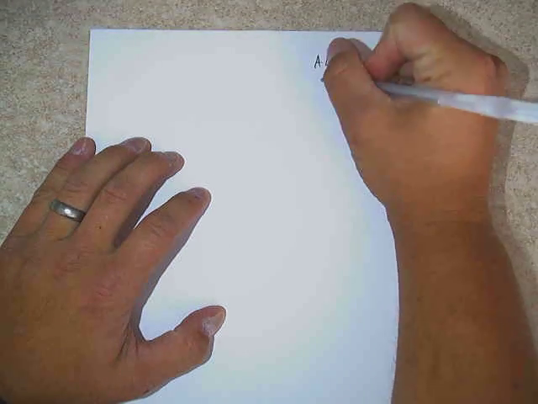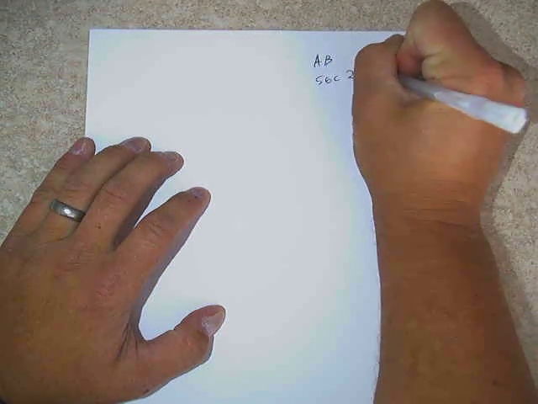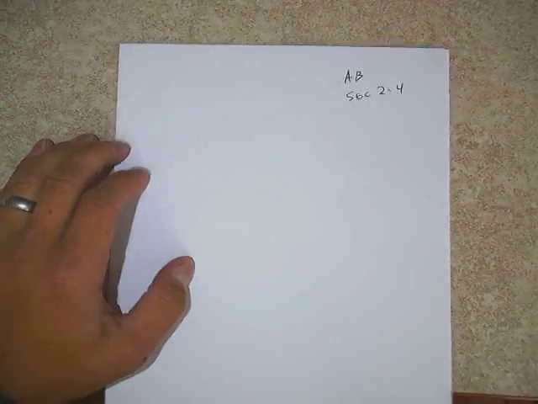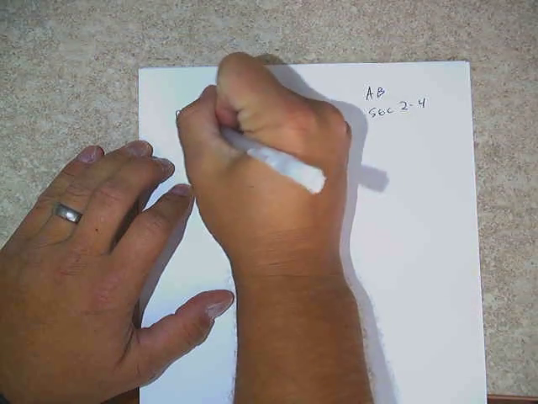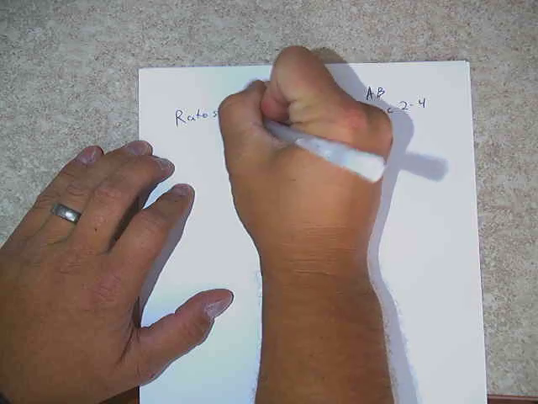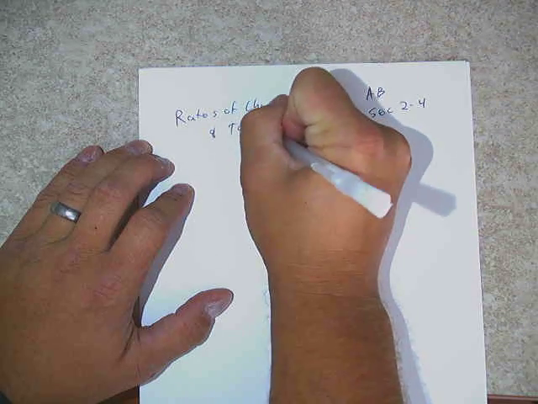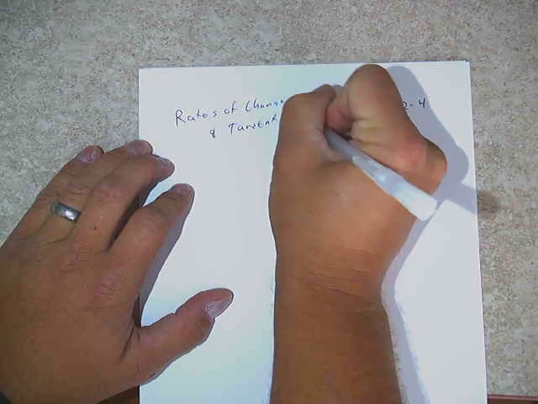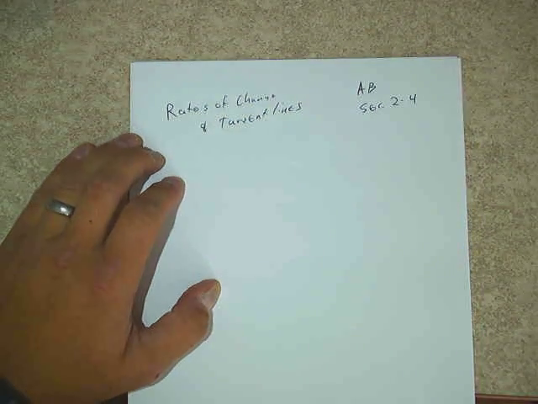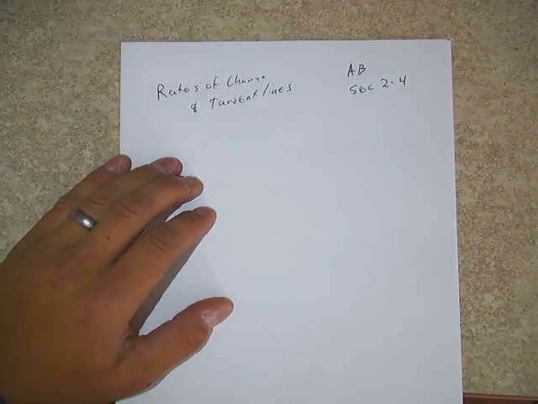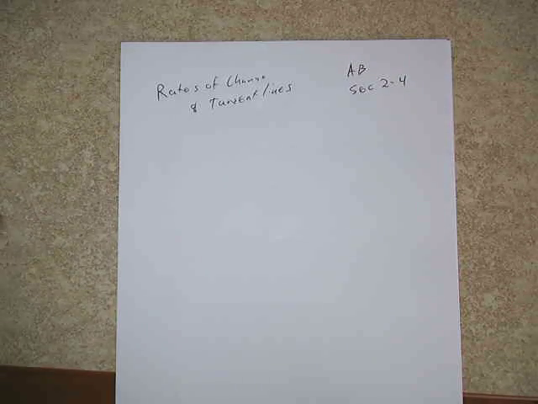Okay, what we're going to be taking a look at today is going to be some more work with rates of change and tangent lines. Now when we discussed our section 2.1, we did some work already on dealing with rates of change and also with tangent